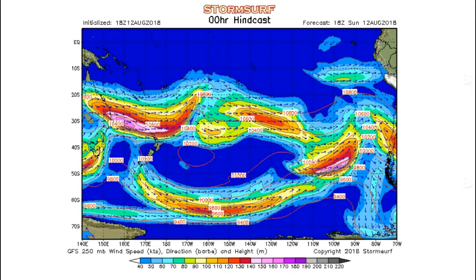So let's take a look at jet stream level winds. These winds up about 30,000 feet help support the formation of gales, and when those gales form, help direct their track. We're looking for a trough, that is a push in the jet, specifically the southern branch of the jet, to the north. Yeah, there is a little bit of a trough here in the far southeast Pacific, but relative to our forecast area, Southern California and Hawaii, and Northern California, of course, this trough, for the most part, is